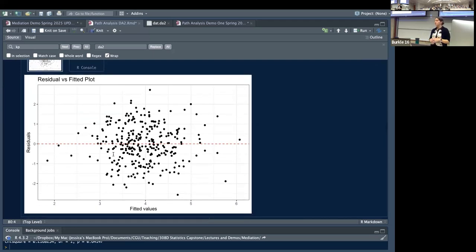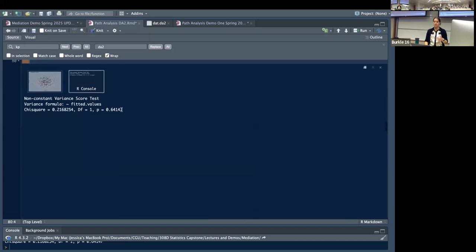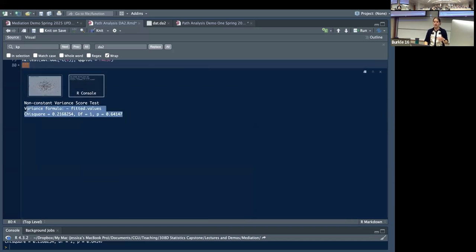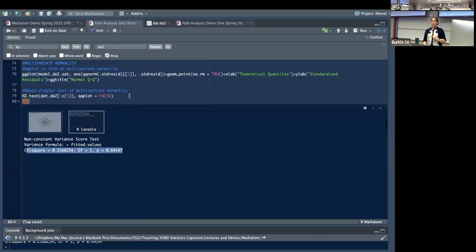So that's looking whether there's a significant relationship between our fitted values and the amount of error. We want it to be what? Non-significant, right? We don't want there to be a relationship. And yay, chi-square, degrees of freedom 1, 0.22, p-value 0.641. No significant relationship between fitted values and amount of error in the model. Meaning the data is homoscedastic, right? Not heteroscedastic. And functionally, that means that the predictive power of our model works equally well, regardless of what people's predictor levels are. Okay? Questions so far?